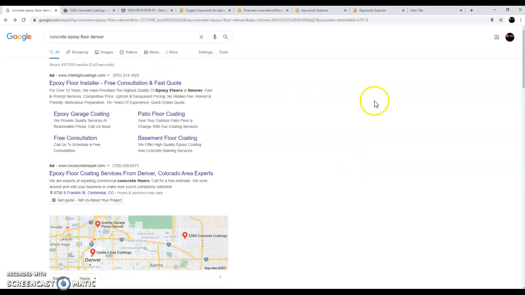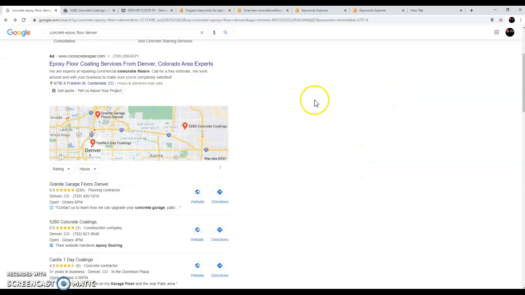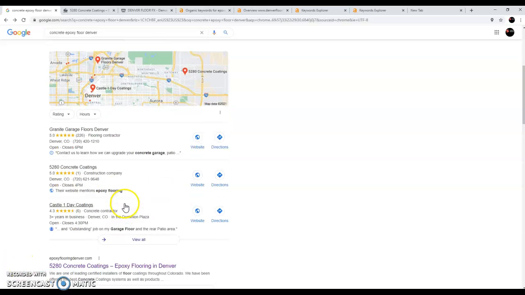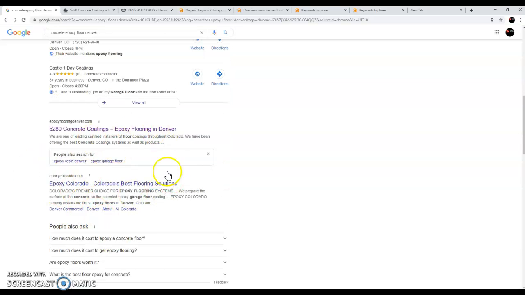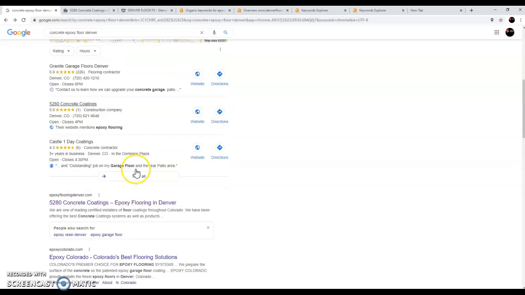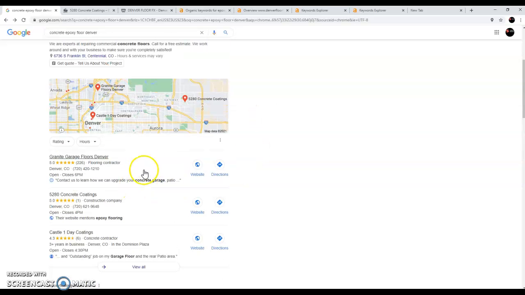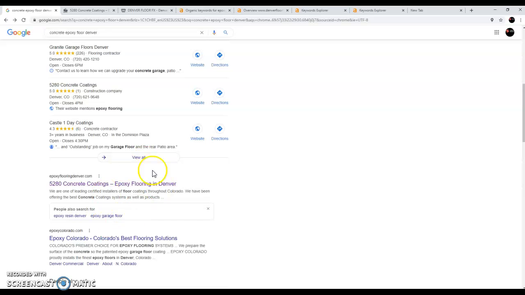And when we look at what that brings when you type that in, we see the map pack right here. This is actually separately ranked from these, which is your organic searches. So while this plays a factor in getting leads, so do these obviously.